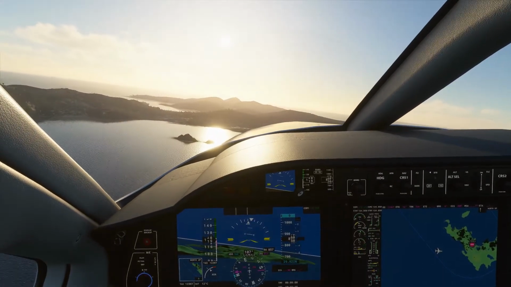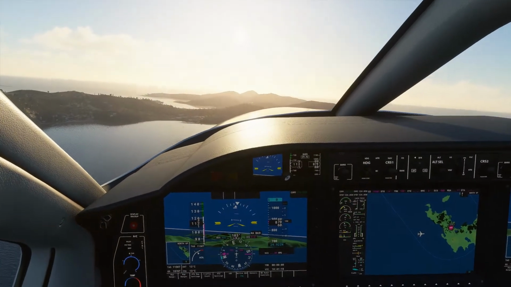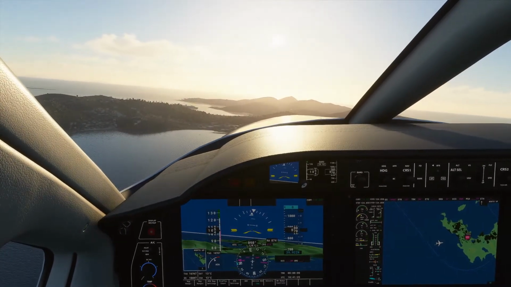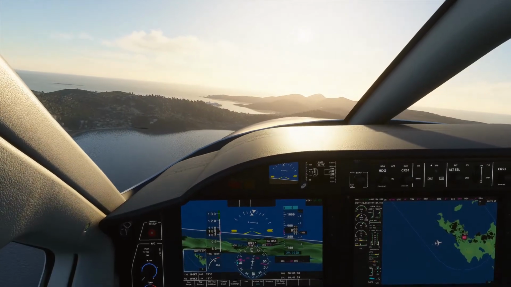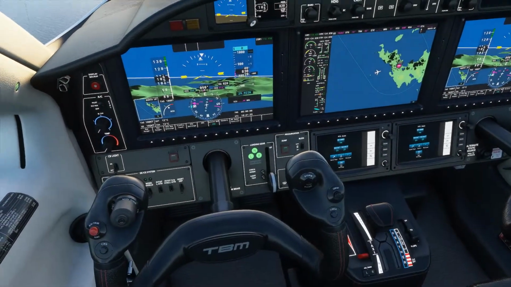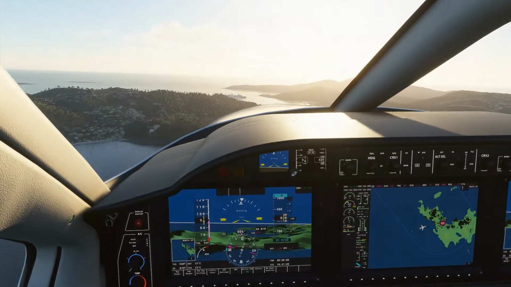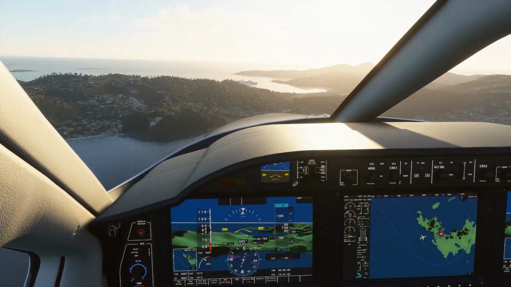And levelling off now, starting to reduce speed, taking the landing gear. And we can take full flap, counteracting the ballooning effect of full flap in the TBM, and letting the speed come all the way back to about 75 knots,